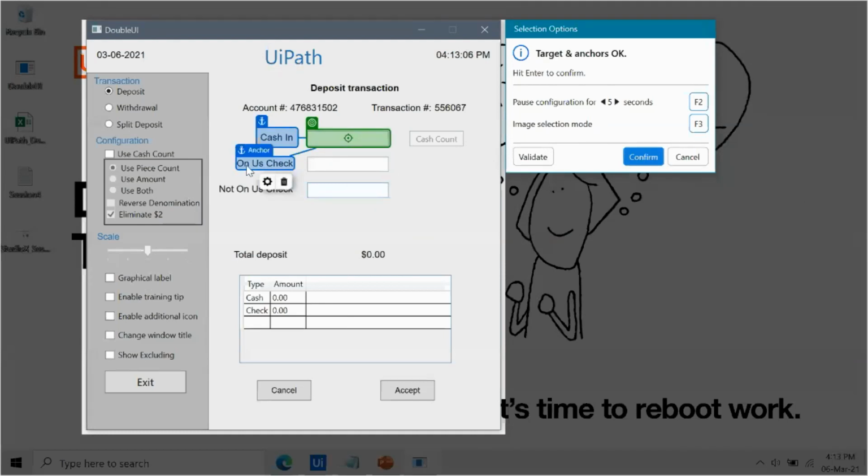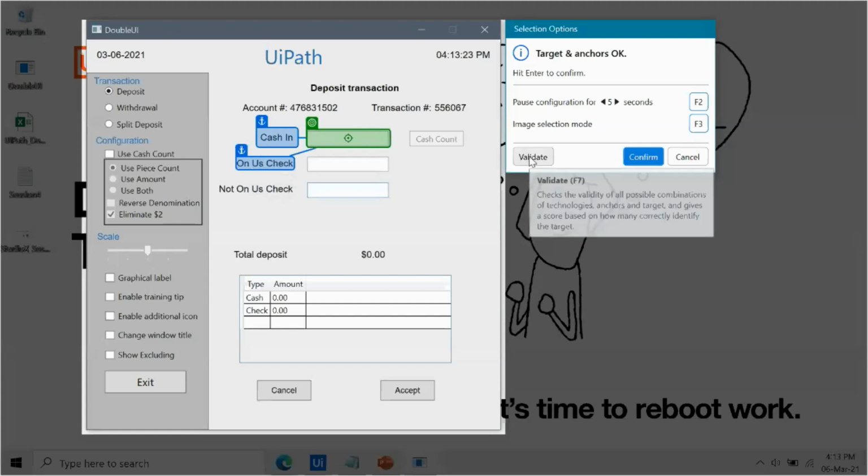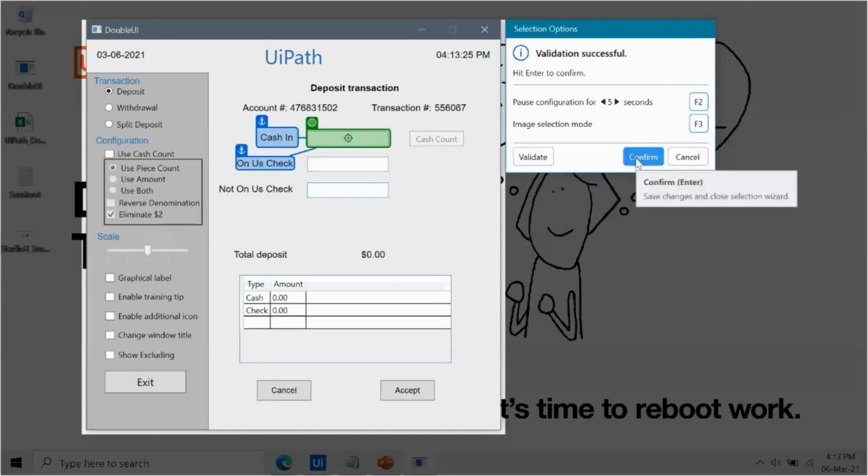Anchors are not a mandatory option, but it is good to give the bot an option to identify based on the anchor as well. You can create a maximum of three anchors for any particular target. Once you click on validate, you can click on confirm.